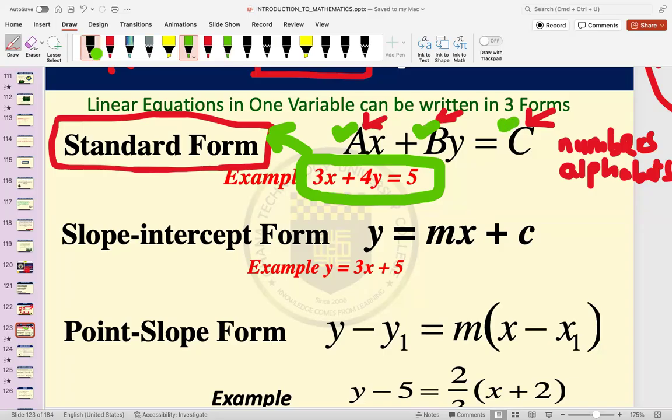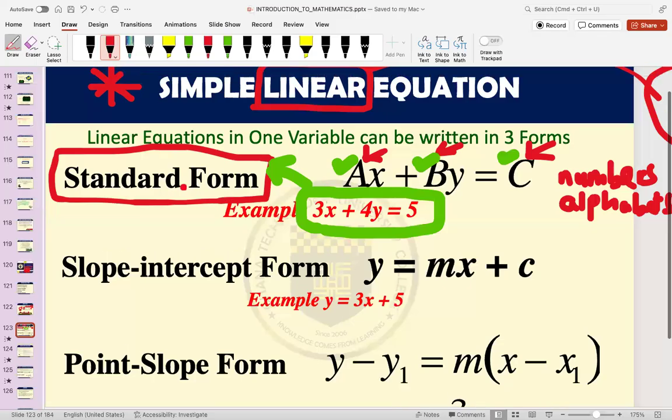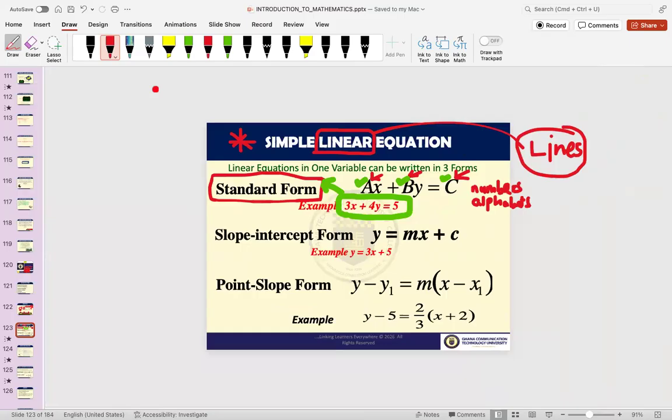So anytime you see an equation written in this form, 3x plus 4y equals 5, it is a standard form simple linear equation. Long name, standard form simple linear equation. So that's our first one. Anytime you have a number multiplied by a variable plus another number multiplied by another variable is equal to a number,